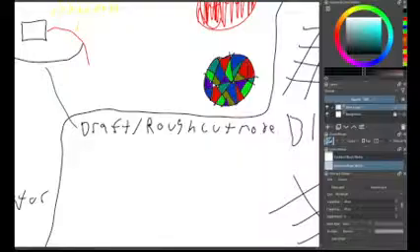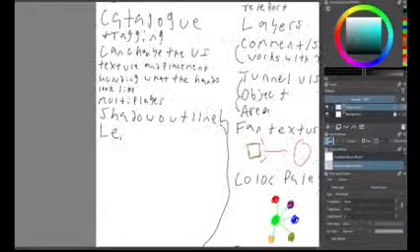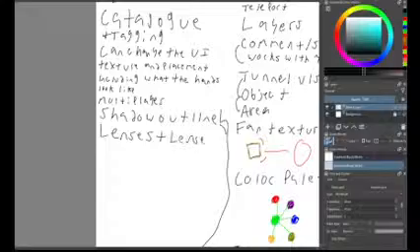I guess a good quality of life thing would be lenses plus lens distortion. That's going to be another whole rendering thing. Oh, there's something else. Looking around your room is a good way to get